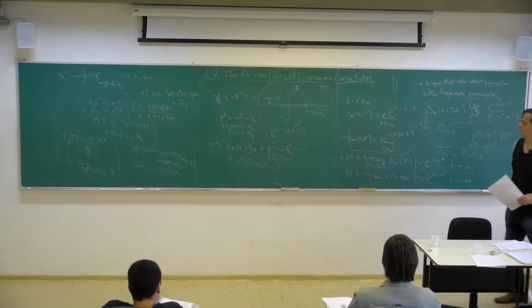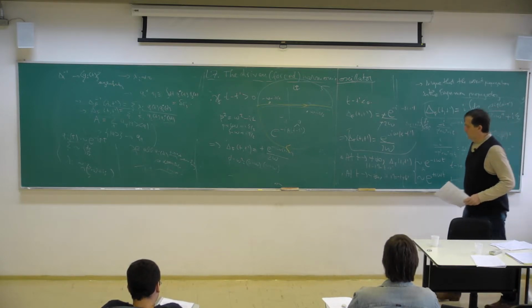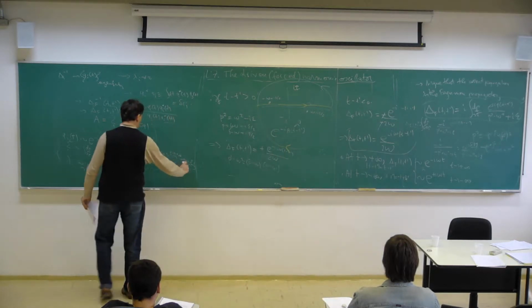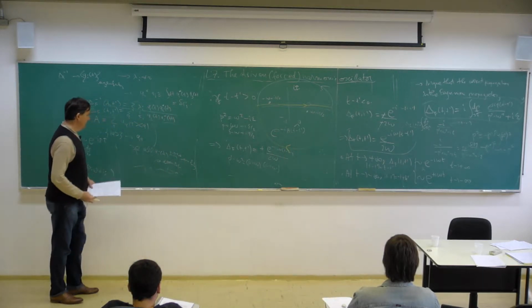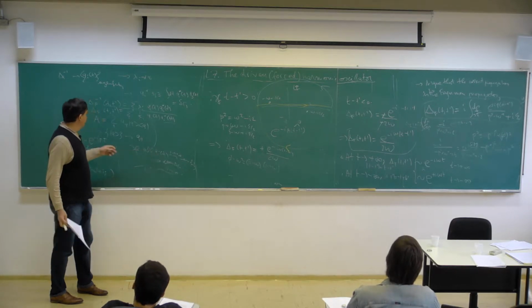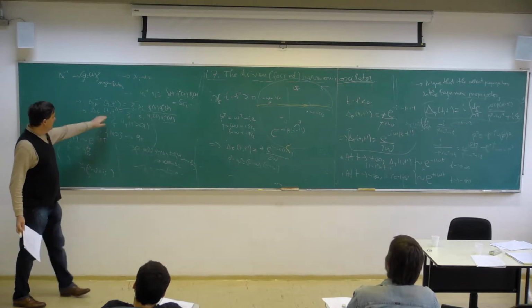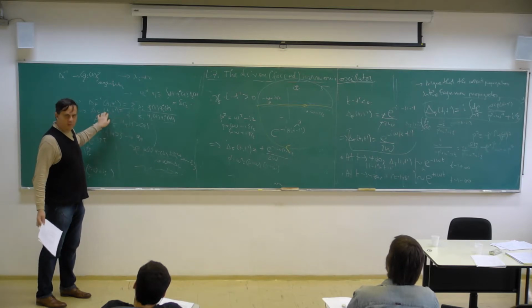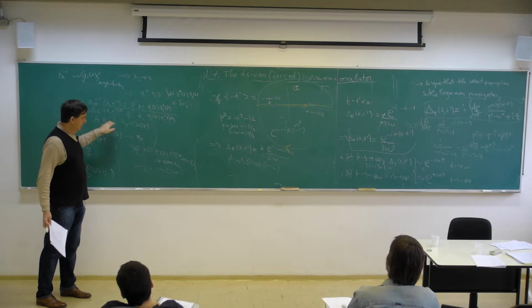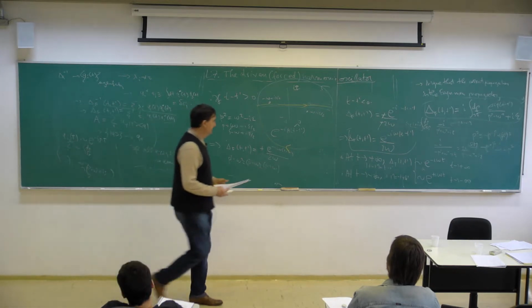Okay? But now, by the logic that we had in here, we can deduce that the space of eigenfunctions for the operator delta f minus 1 was such that